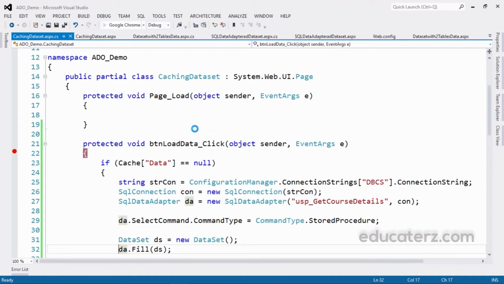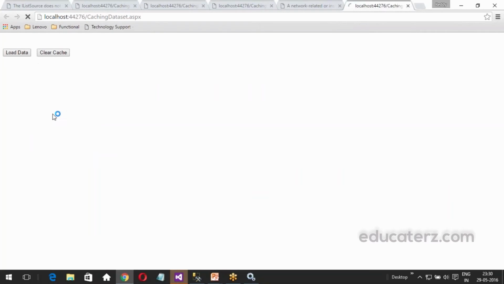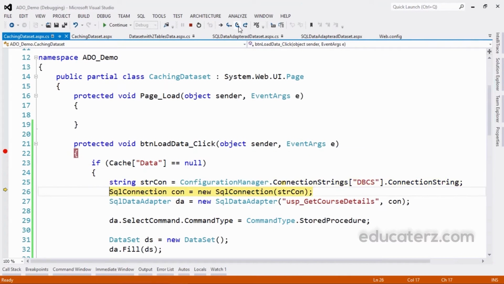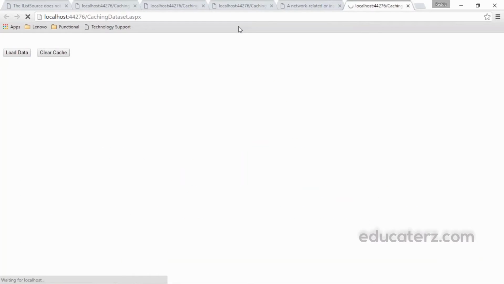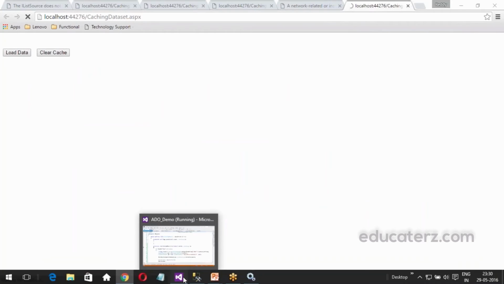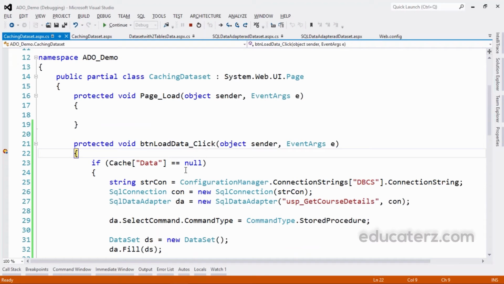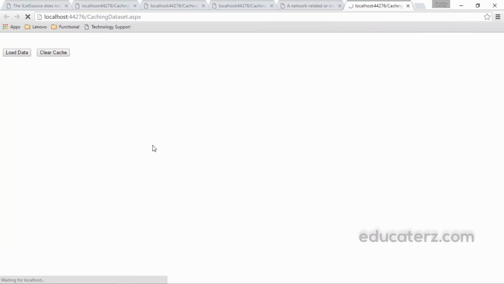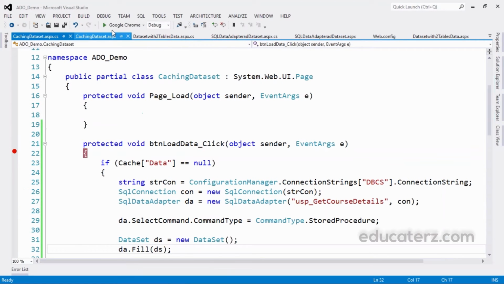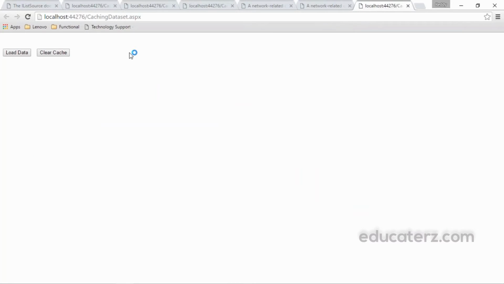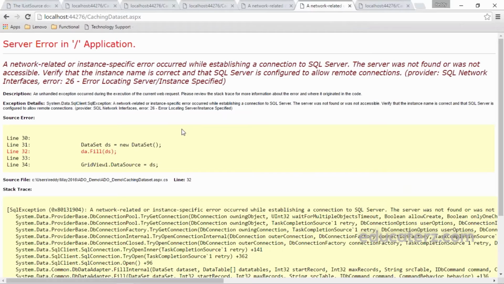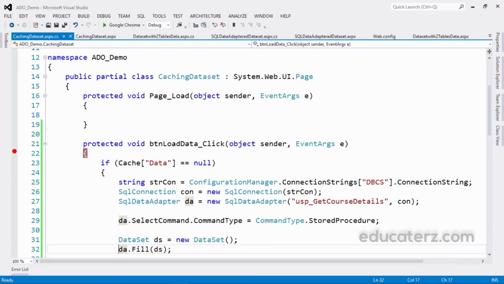Let me stop and execute it again. I'll show you that. Load data. Now we'll be seeing the error. It's taking time. The error was coming, but it is. Let me click on continue. We'll be seeing that error message. Okay, let me just start without debugging. Yeah, it was coming. The error message was there in the network. We are getting this error because we have stopped that SQL Server. While you stop this SQL Server, you cannot get the data. So I wanted to show you again.